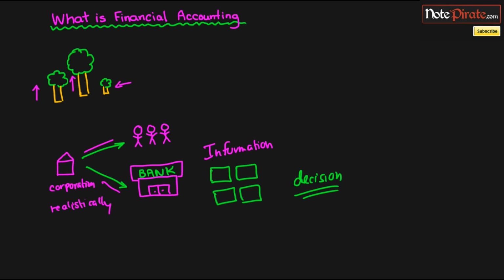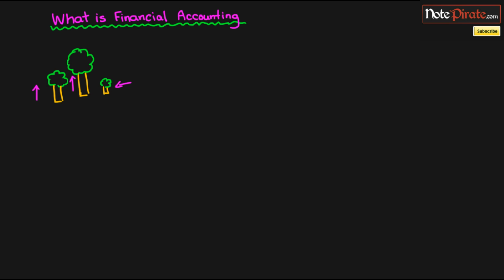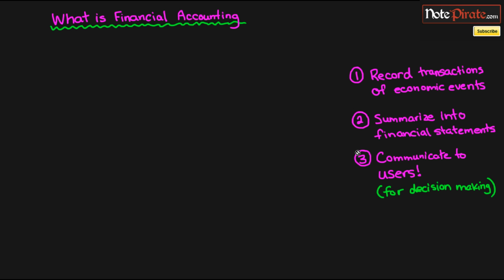So let's get rid of some of this, and I'm going to list a quick definition of essentially what financial accounting is, essentially what I just talked about, which is that we make financial statements and communicate them to users, but I'm going to go over the first one as well. I'm going to cover each of these three individually as we do another example, and the example we're going to be using is a company pretty popular these days known as Apple.